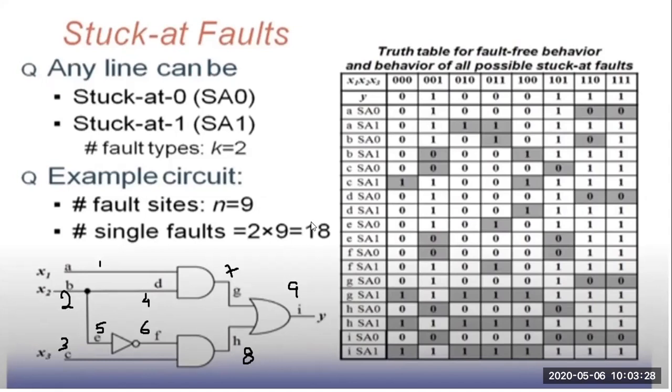18 faulties in the sense, you can see here for each: A, B, C, D, E, F, G, H, I. So totally all the branches we have, and for all the branches we have two possibilities. A stuck at 0, A stuck at 1, B stuck at 0, B stuck at 1, and like this up to I stuck at 0 and I stuck at 1. For all the possibilities we have taken at one side, and for the inputs x1, x2, x3, so three inputs we have.